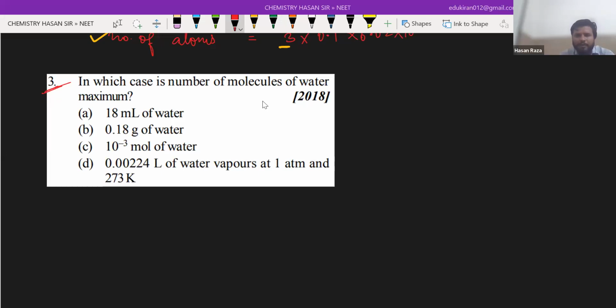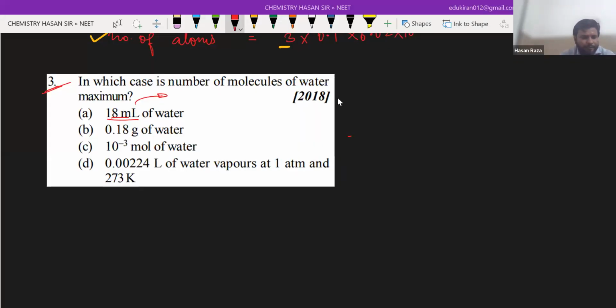Very good, Rishita. Okay, can you convert this volume into gram? Very good. Okay, focus here. Very easy question. Let me know if my voice lags. So you know that, everyone is able to see the screen? Yes. The density of water is 1 gram per ml. So if you apply density is equal to mass upon volume,